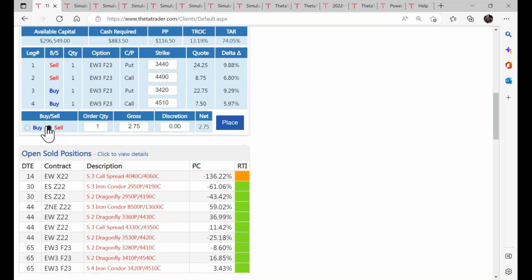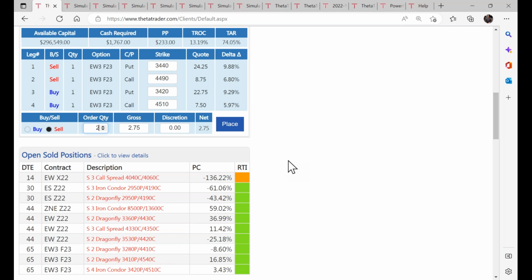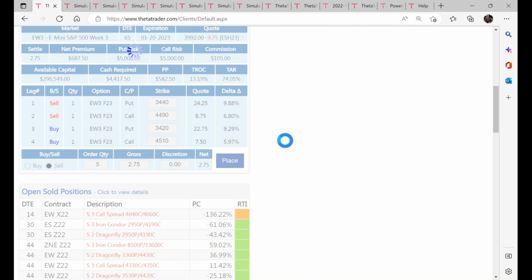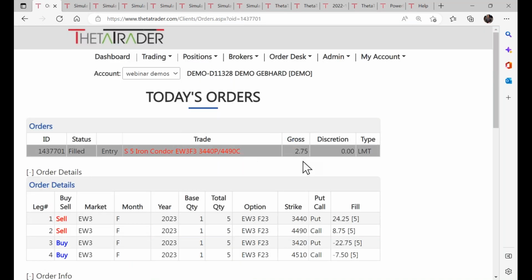Now you'll see here it pre-populates to a cell, and the quantity always defaults to 1, but we can change it to anything we want, and it changes, of course, the cash required and your profit potential. So we'll do 5 of these for about $4,400. We'll leave the value the way it is. We'll click on place, and that's it. If this were trading for real, you'd see your order filled here if it were filled, and just that simple. Now let me go back and show you the Dragonfly real quickly. And then I'll show you how all of this is automated with your risk and profit management.